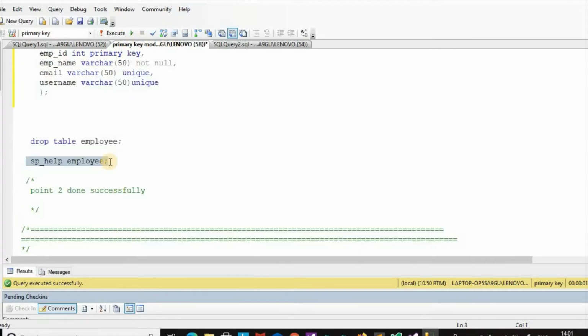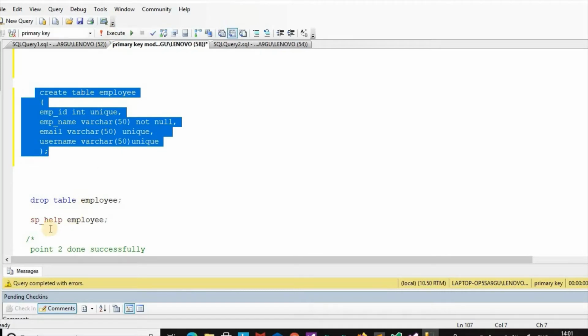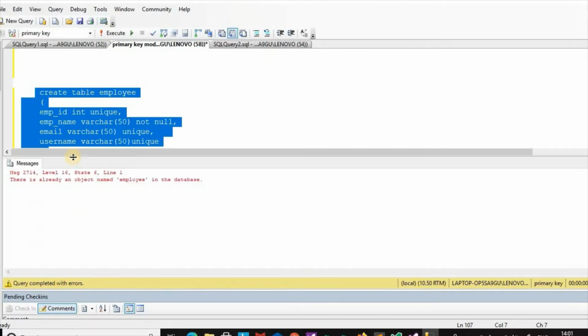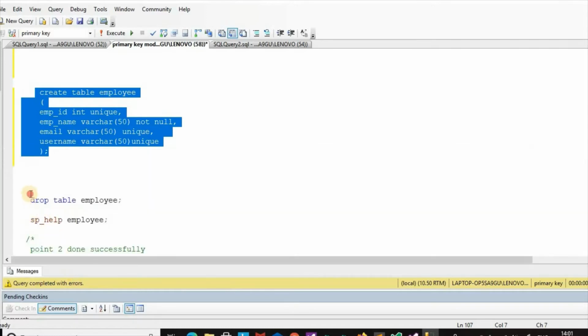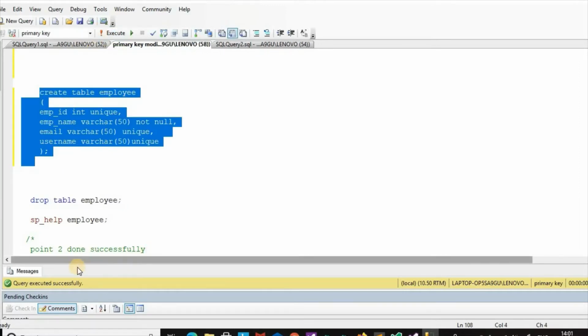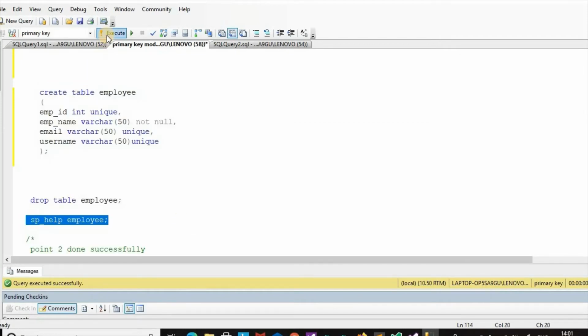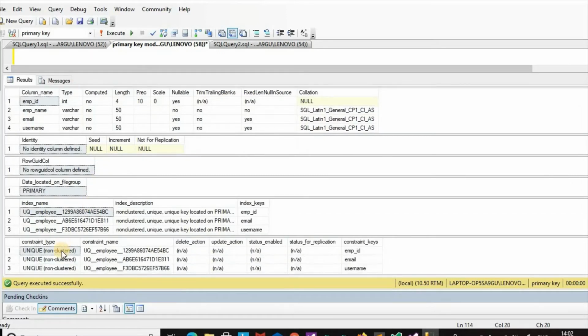If we give here, instead of this primary key int unique, suppose we give here a unique key. Here also we can see three unique keys.